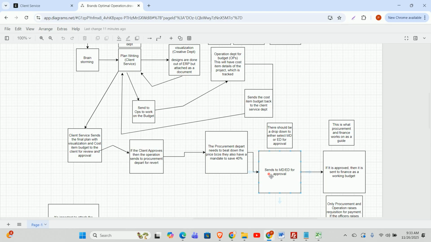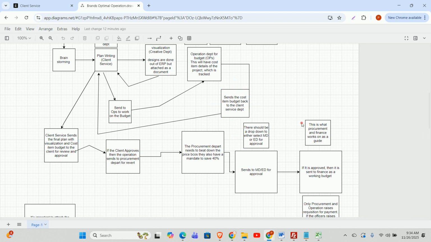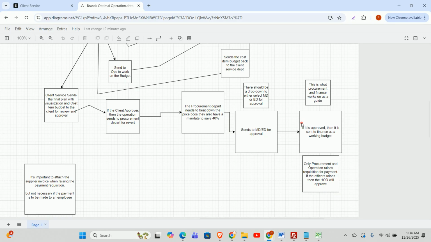the MD, or in the absence of the MD, the ED can also approve. But at the point whereby the ED approves, a notification should also be sent to the MD, so that the MD can be aware of the plan and whatever budget or adjustment has been made. So he needs to also get that notification. If it is approved by either the MD or the ED, it should also send a notification to the